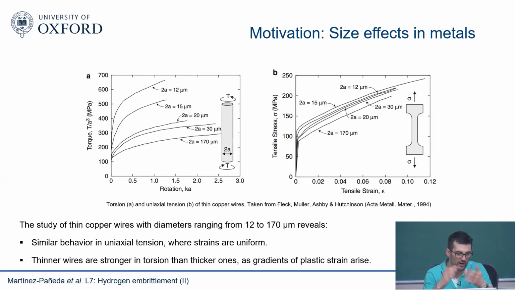This is why we have hardening laws that have no size. When we develop a hardening law, we don't think of any size of the sample. We just say, the stress is like this, and then it looks like that. That's all we need. However, in torsion, again, I emphasize, these are equivalent normalized stress versus strain